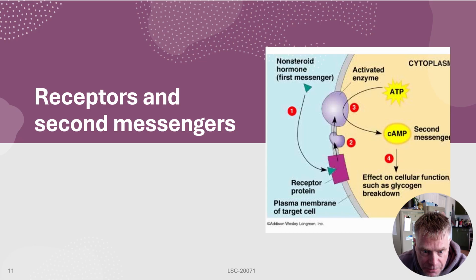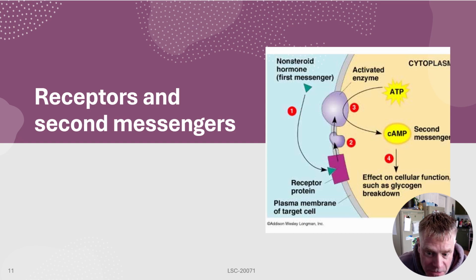So now a couple of general points about how hormones function. We've already considered how they're produced in a gland, they move in the blood, and then they arrive at a target cell which has got a receptor for it. I'm just going to look at a little bit more detail about what happens when the hormone